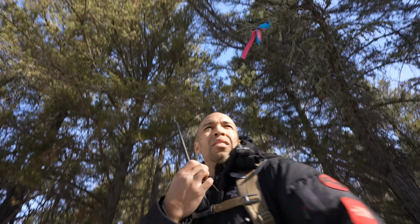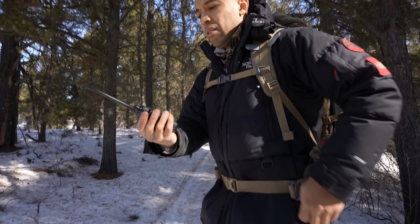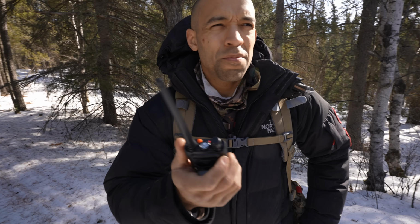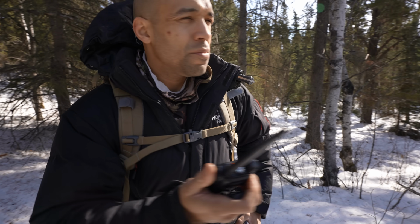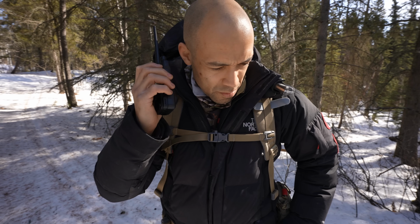Now, in a crisis situation, you can legally use your Baofeng radio to signal for help. In that instance, you are allowed to use the radio to transmit, but under no other circumstances are you allowed to use that. Now, if the grid goes down and there's no rule of law, I don't think you're going to be at the top of the FCC's priority list, but